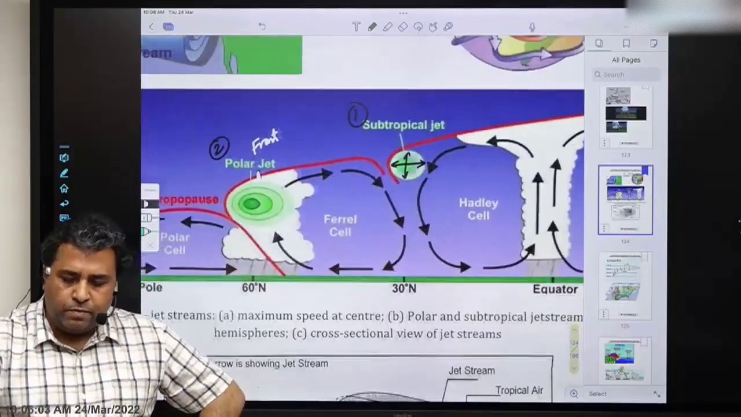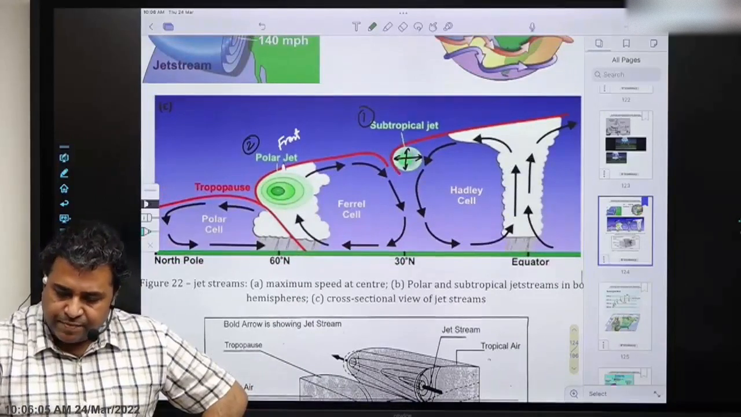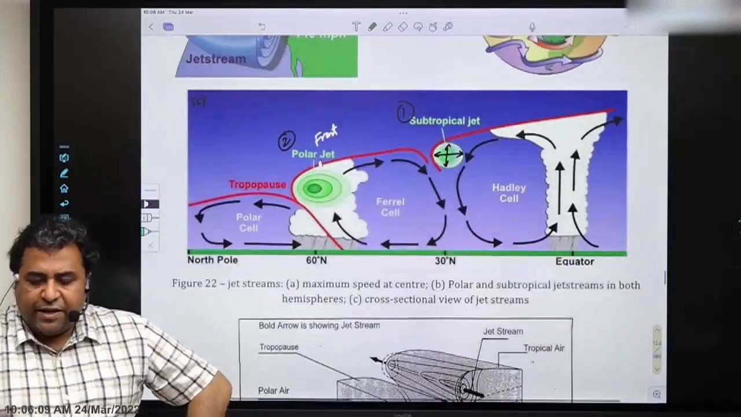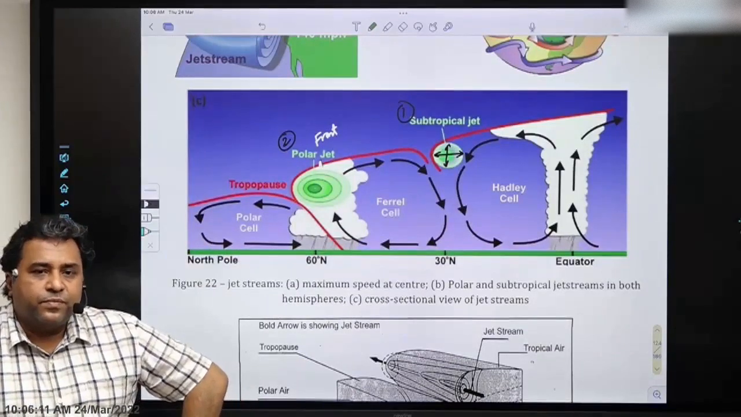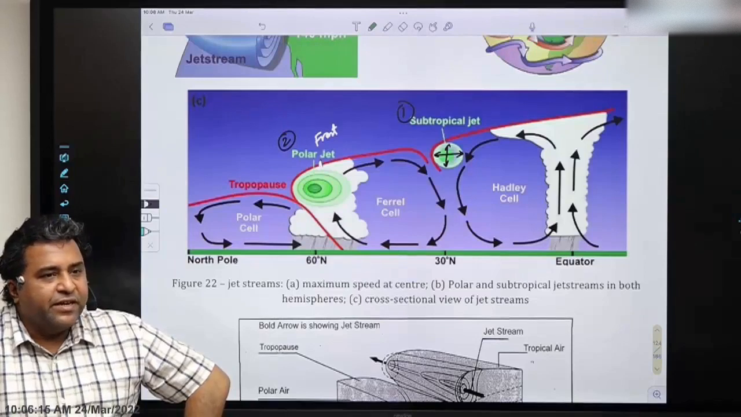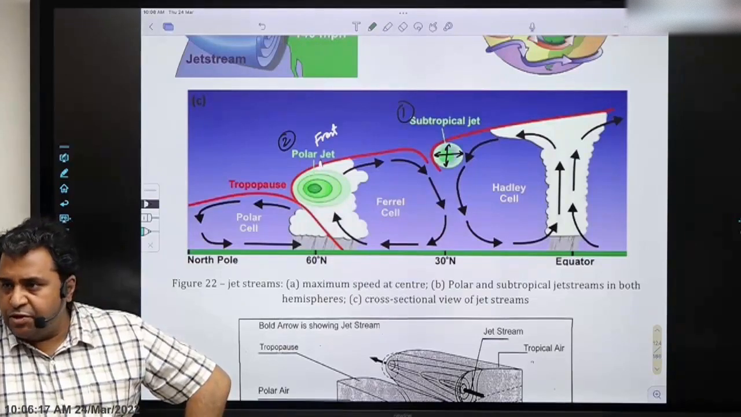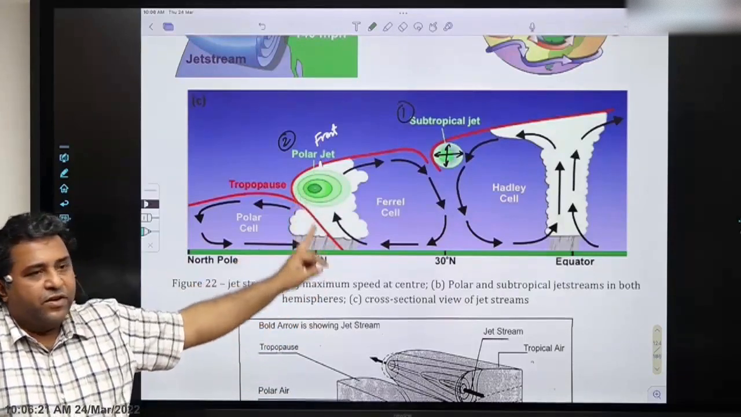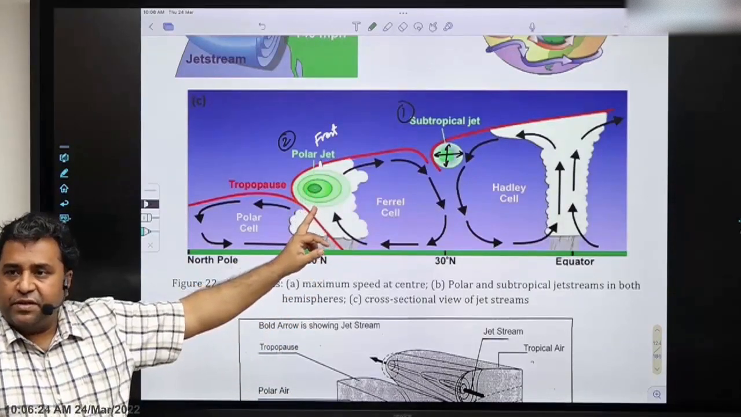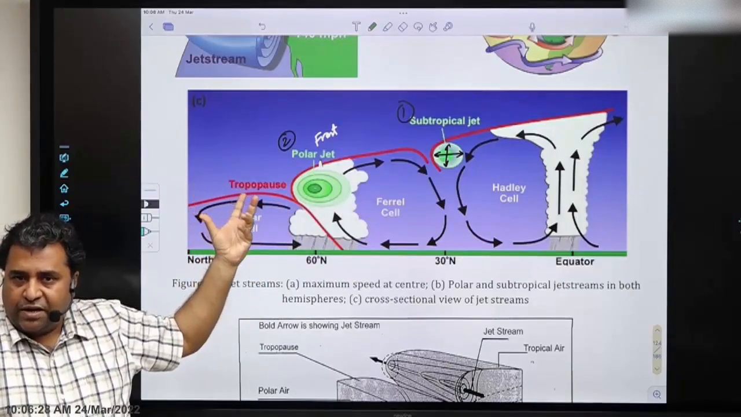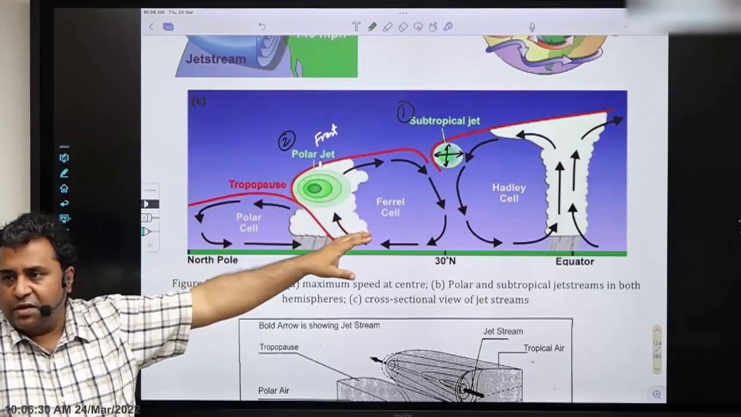Okay, so in this diagram, if I ask you, can you see the polar front? Can you see that region, it's not drawn, but somewhere around 60 degree? This is the region where you have the polar front. Everyone agrees? And this side you have the Arctic air mass, and that side you will have the